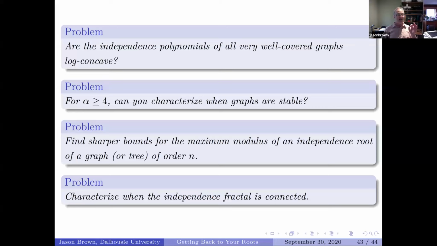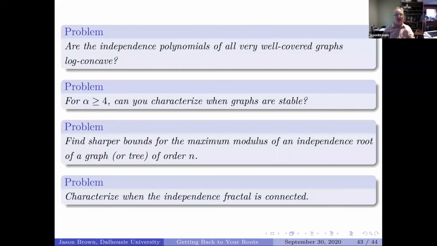You can ask about certain kinds of roots. It's natural to look at, for a graph polynomial, the integer roots. It's natural, therefore, to look at the rational roots. It may be even interesting to look at the real roots. Amongst the non-real roots, you might ask about the roots that are purely imaginary, i.e. the roots that are on the imaginary axis.